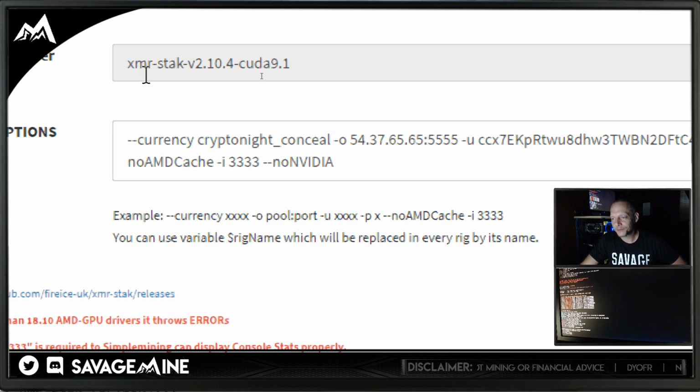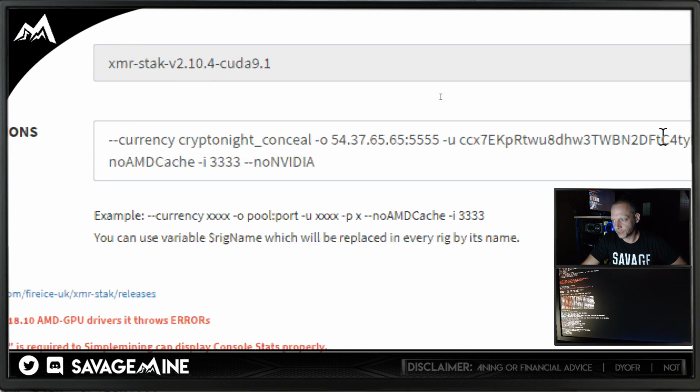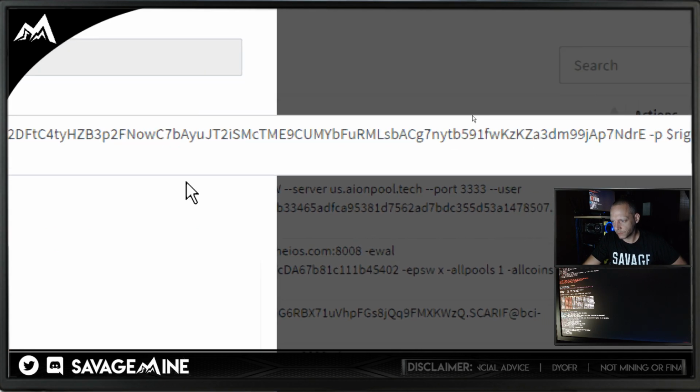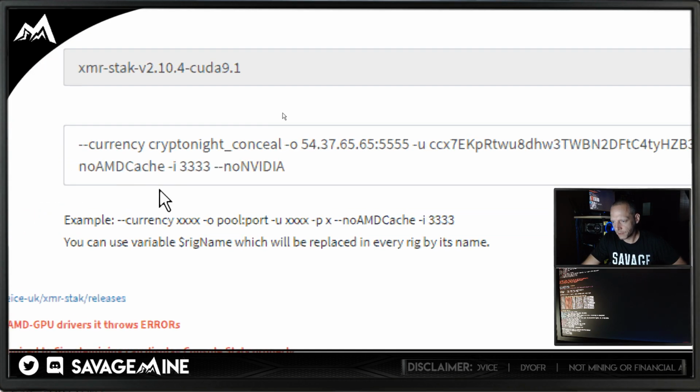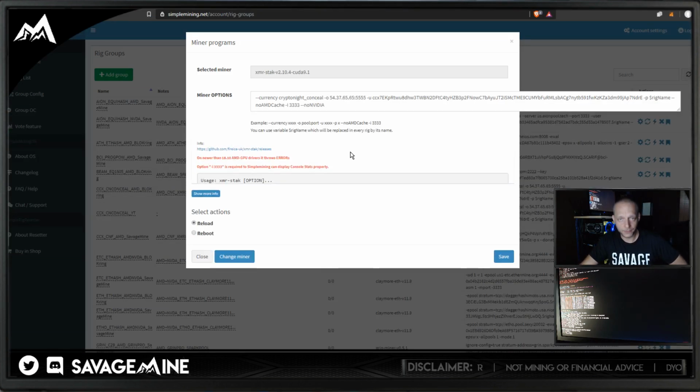So I'm using the latest version of XMR-STAK that's in SimpleMining. It might not be the latest version, but the one that's in SimpleMining. And then the currency is Kryptonite_Conceal. I'm using the official pool, which is just an IP address for Conceal. And then there's my address, rigName for password, and again, I will post that in the video description. I'll try to get it in all 3 video descriptions. I don't know how that's going to work, but